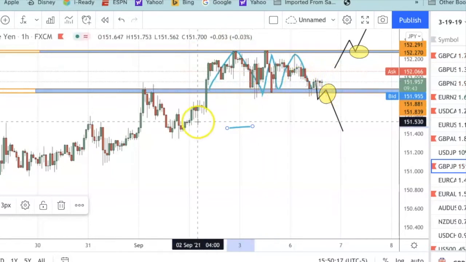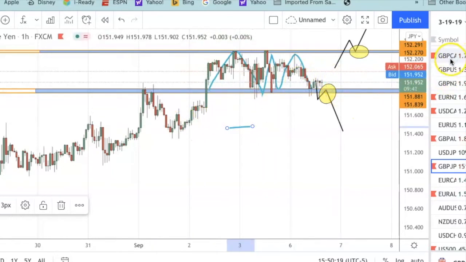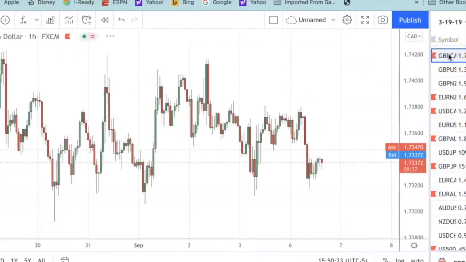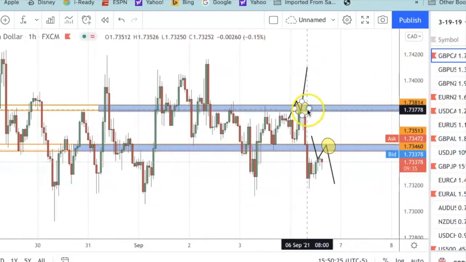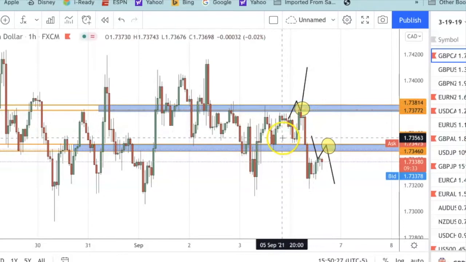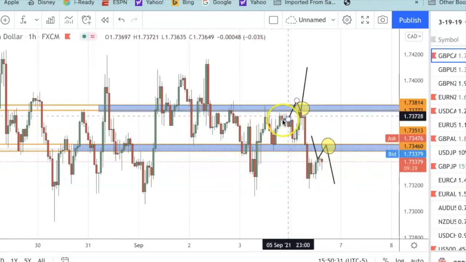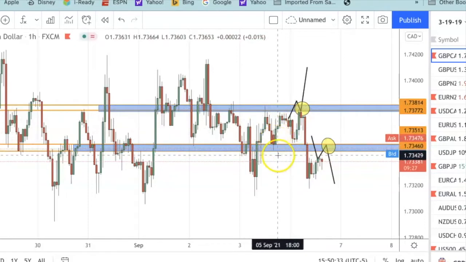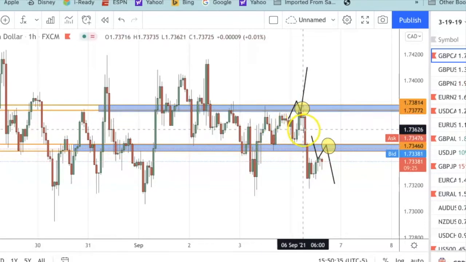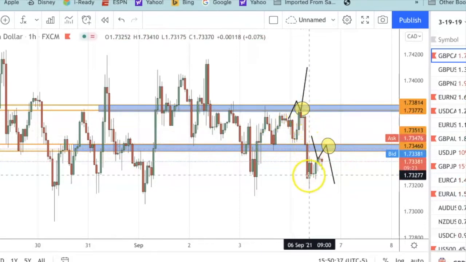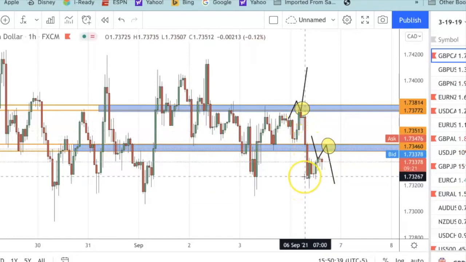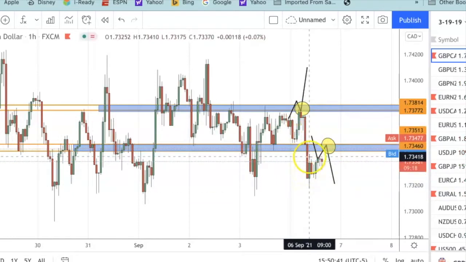You can see I have it set up on multiple charts that I mark up. This is Great Britain pound, Japanese yen. If you look right here, it happened today. Let me show you a prime example on GBP CAD. I have my zone here for price action marked up. See, it touched here, touched there, came back up here, came back down here, and look what it did. Boom, it closed out below this level, but it never retested the zone. So that wasn't an entry for me.